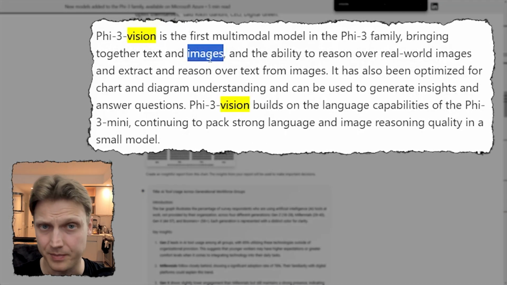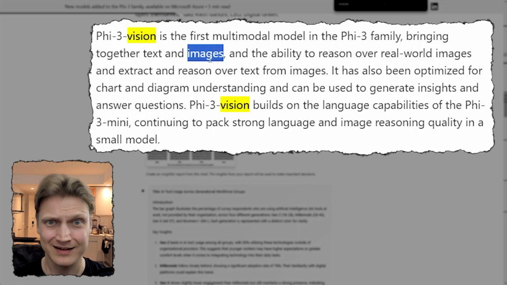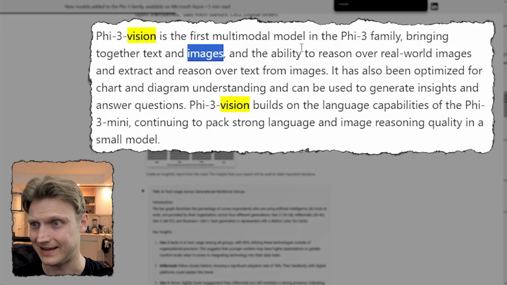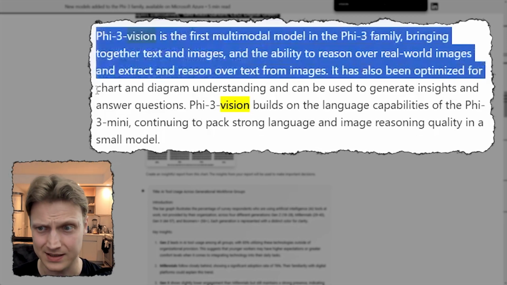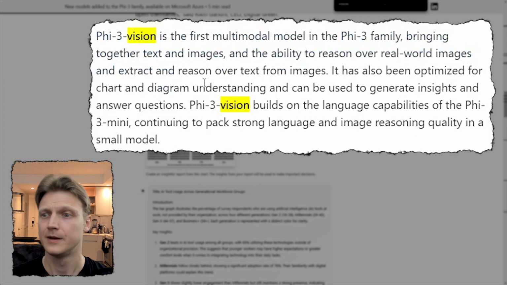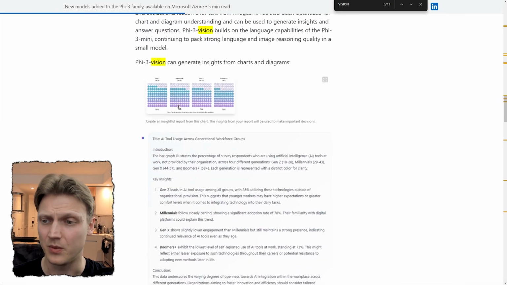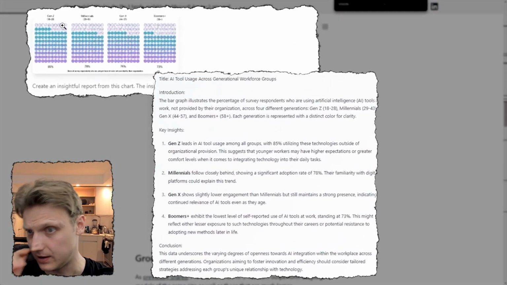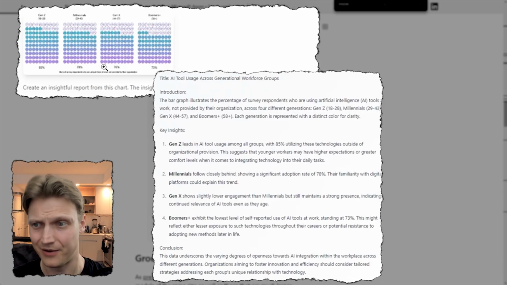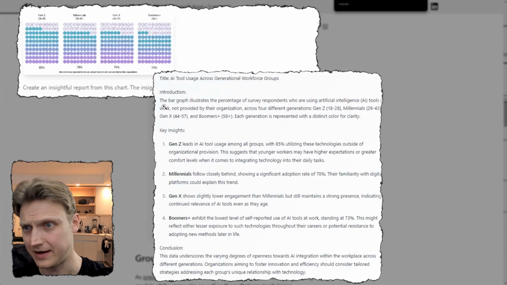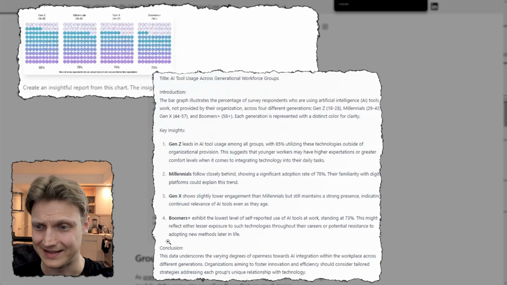This thing understands images now that come along with a text input. It could be multiple images, in fact, in a single request to the model. It can extract text data from images. It can reason about what's happening in the images. It can even process charts and diagrams, which I'm so willing to test it with. So they're providing one example of such. There is a chart, and they ask the model to create a report about this chart. And the model analyzes the data in the chart and provides some insights about it,